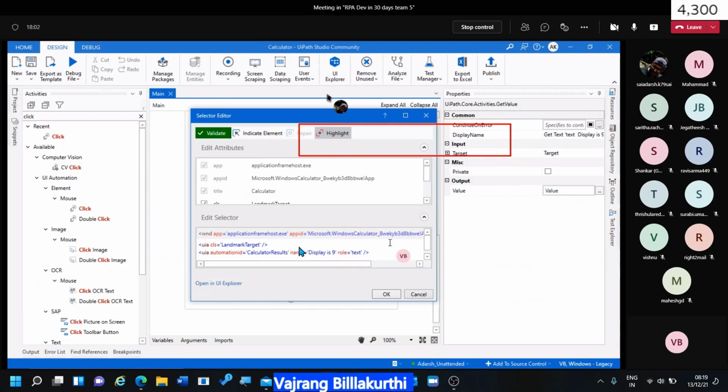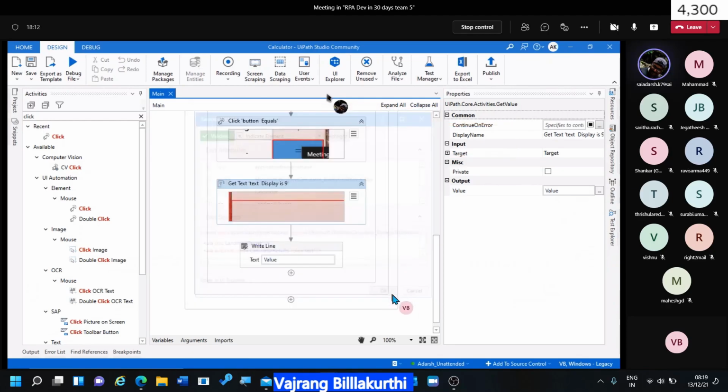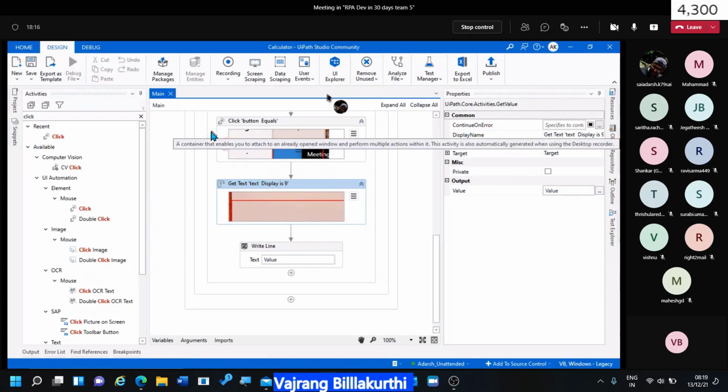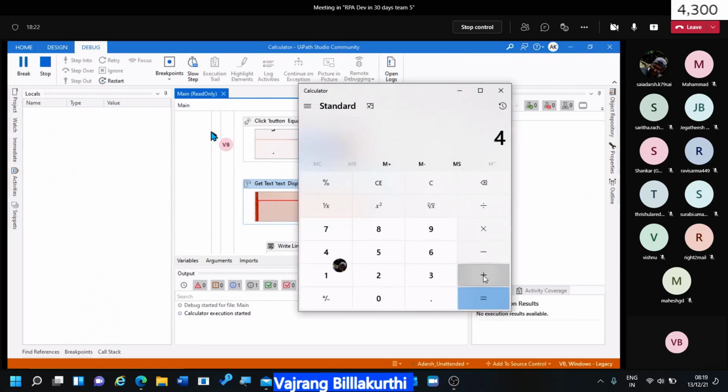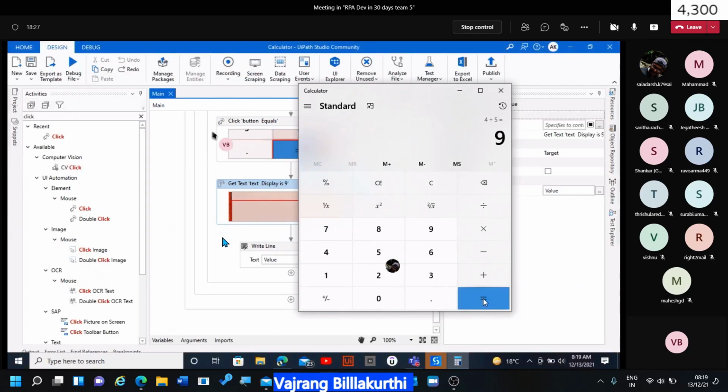So if you can just remove the name, it will select everything that's there in calculator results. Can we use wildcard in here? Yes. But selectors should be in such a way that they are unique. Having a wild character doesn't make any difference.